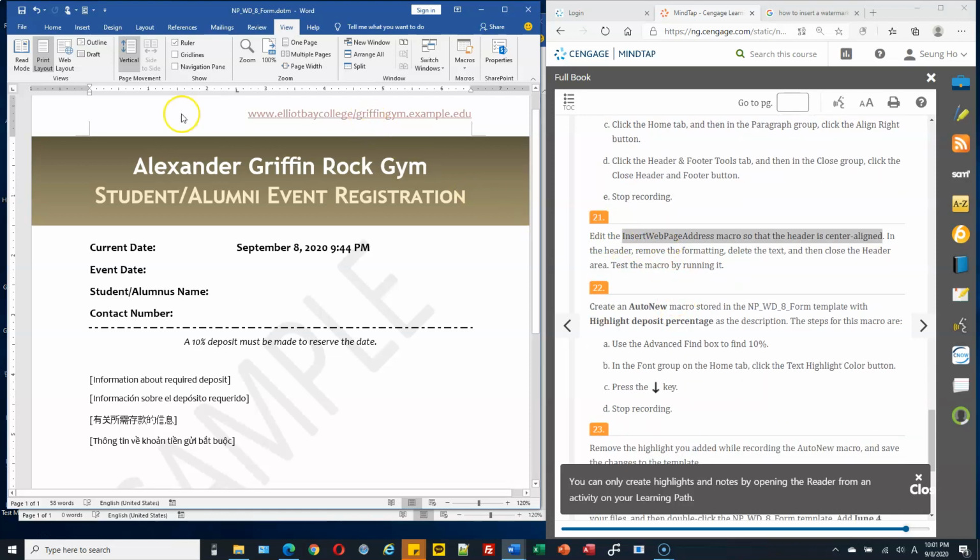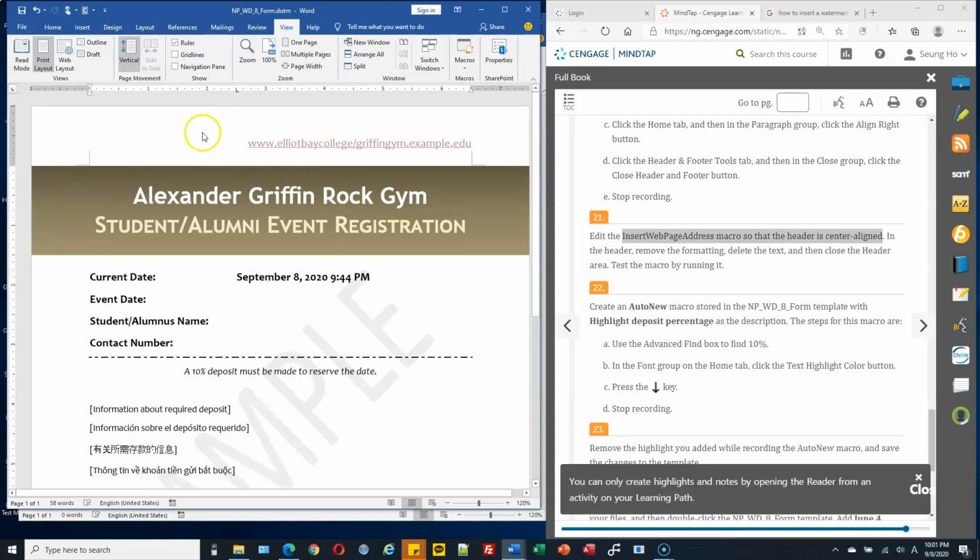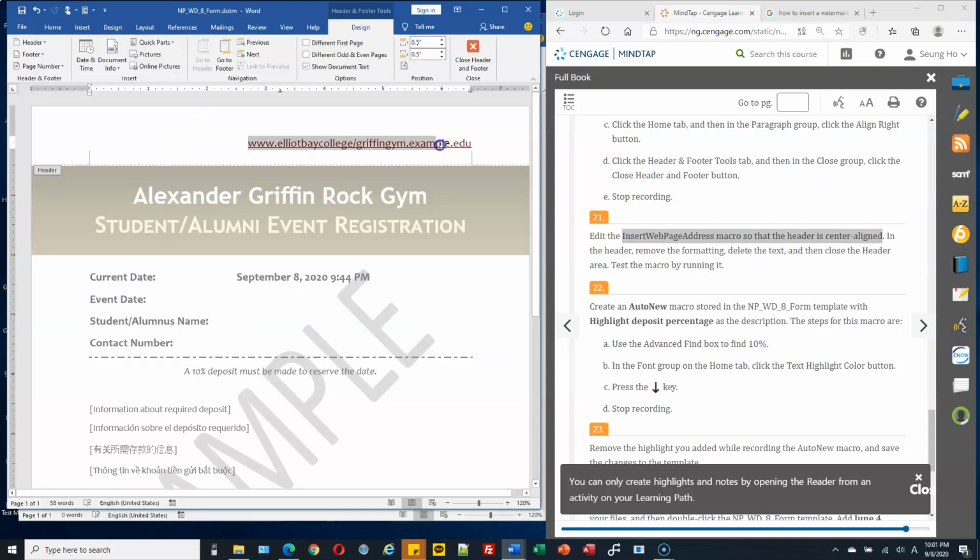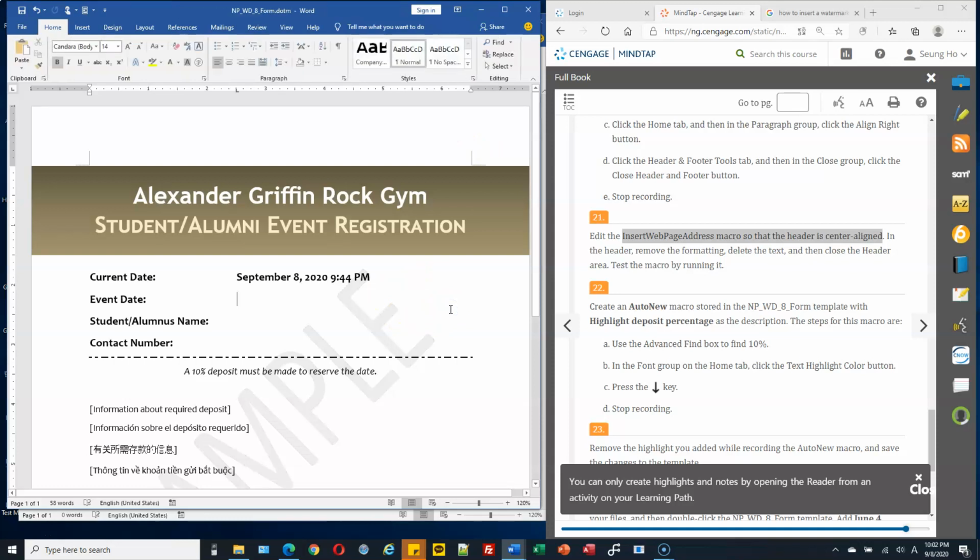So double click the header, and then remove this. Do you remember we modified the macro so that this web address now aligns in the center, not to the right? Then double click the body of the document.